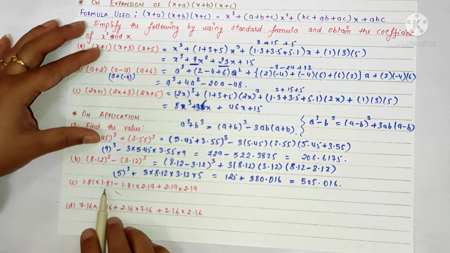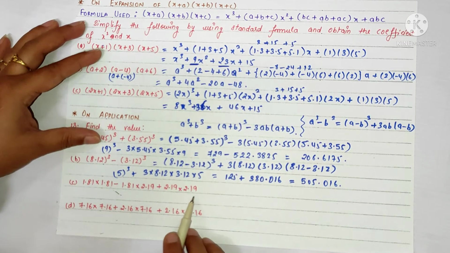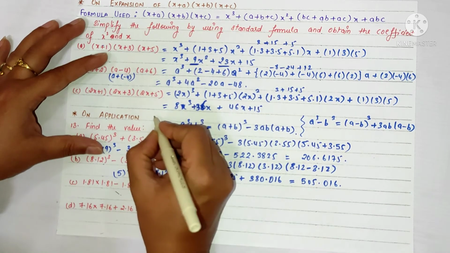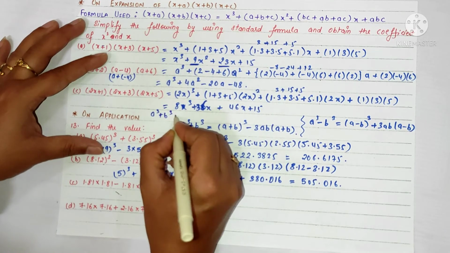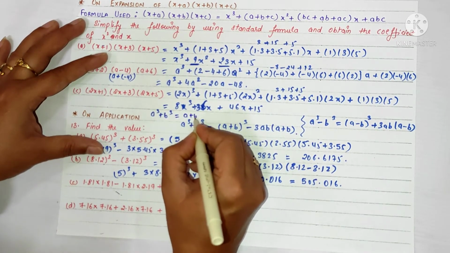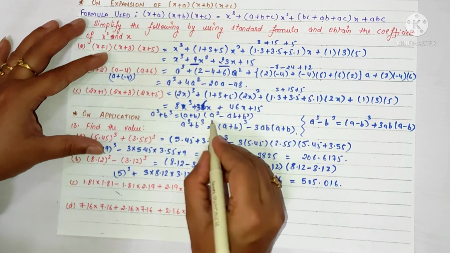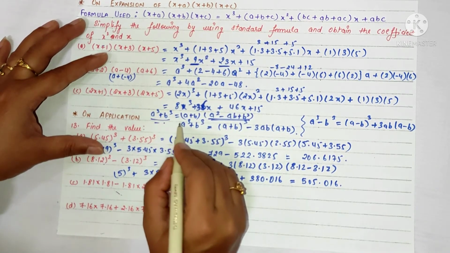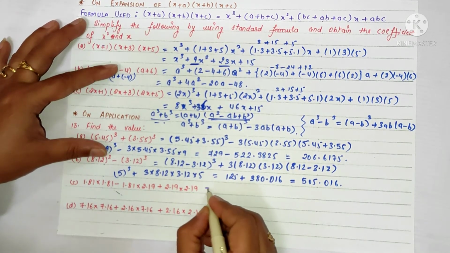1.81 multiplied by 1.81 minus 1.81 into 2.19 plus 2.19 into 2.19. As we have seen previously, I am writing here the formula that a cube plus b cube is a plus b into a square minus ab plus b square. So we got this term here, and this term we will take below, so the formula will come to us. So similarly we can write this as